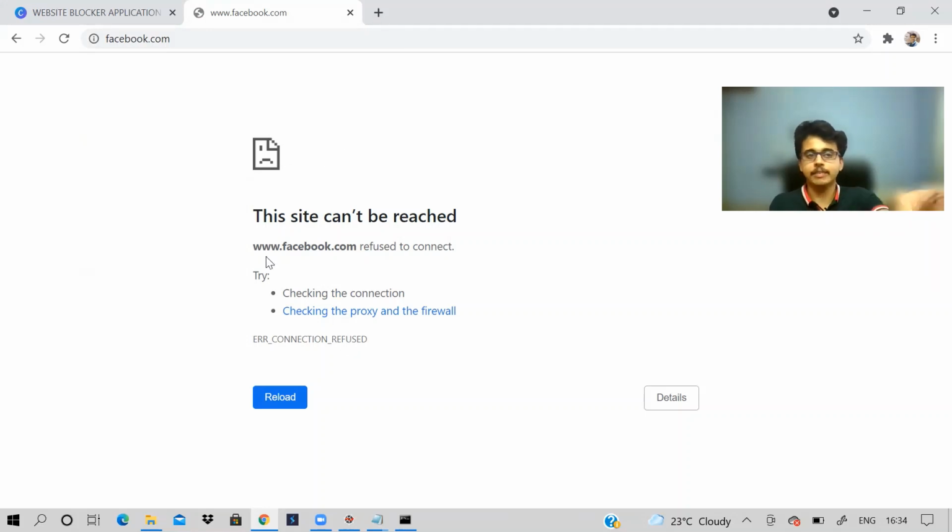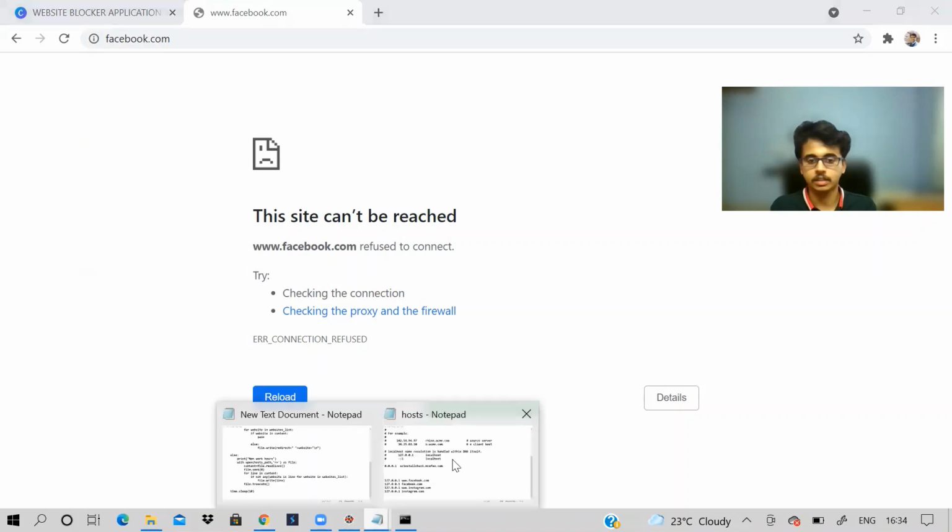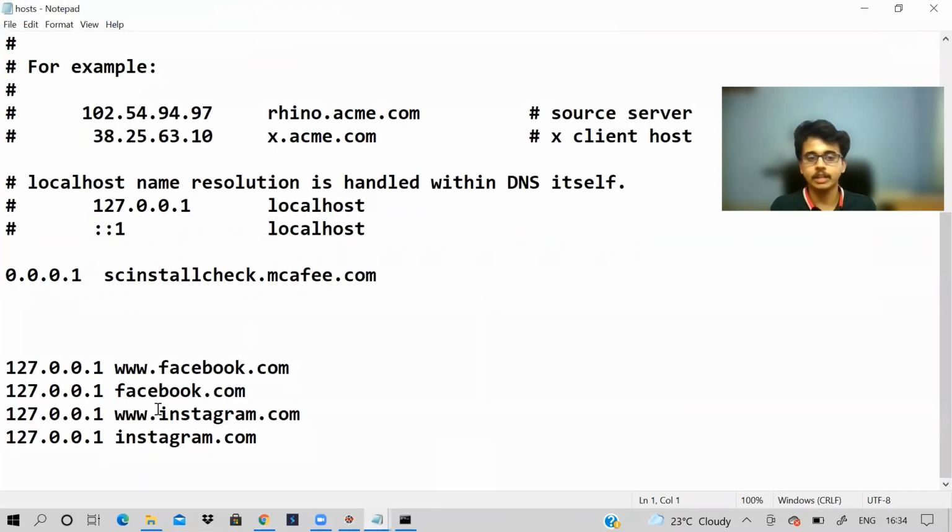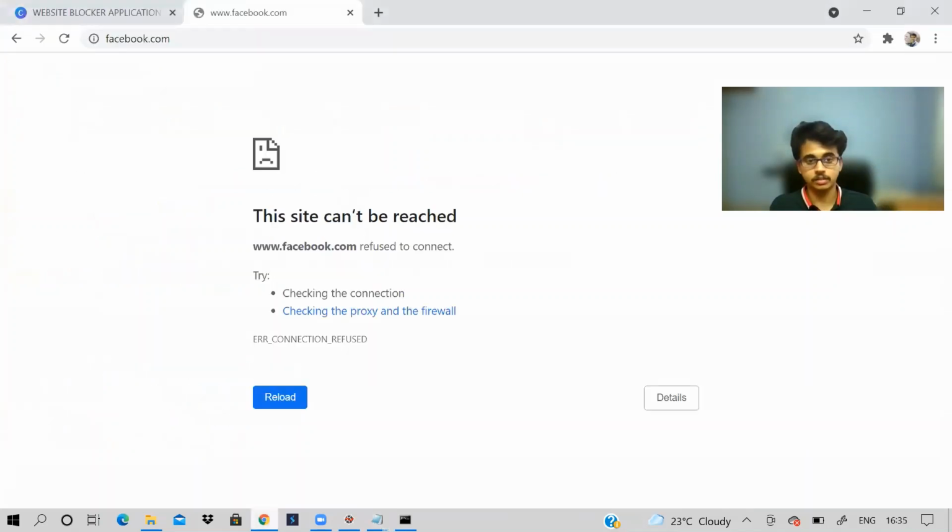What is happening? I typed facebook.com here. The DNS request did not even go to the server. It went to this host file, checked facebook.com, and asked what the IP is. It is localhost, so it redirects to our localhost.